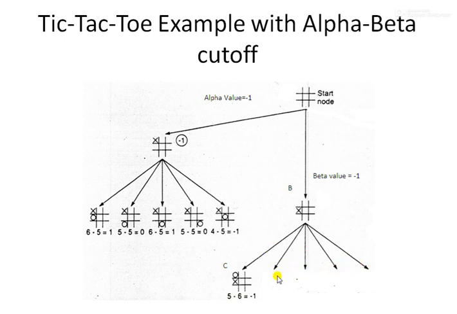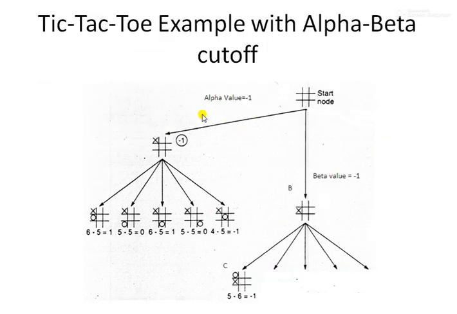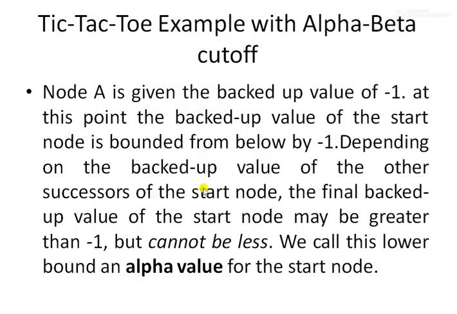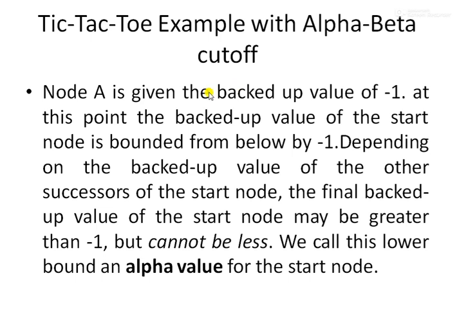That's why here it is not shown, and in the previous slide I have shown it with a red marker. So in tic-tac-toe also it will be very beneficial if we apply alpha-beta, then the number of branches for playing the game will be reduced. So this is the theory for this tic-tac-toe game. I am just showing it here for explanation purposes.